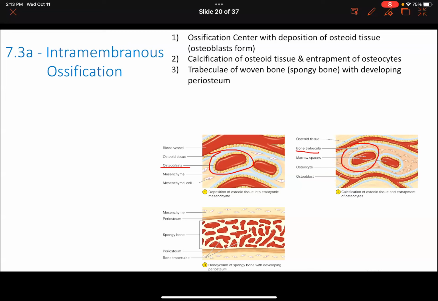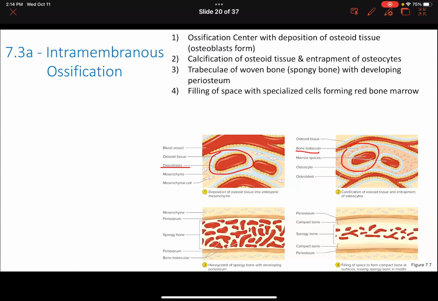As that calcification happens, you get the formation of trabeculae, and then you get the periosteum on either side of it. And then finally, the space between all the trabeculae that have been formed is filled with the red bone marrow. The periosteum is outside of the compact bone. You have the compact bone lining, again, the outsides, here and here, because remember, these are flat bones, so you're going to get spongy in the middle and